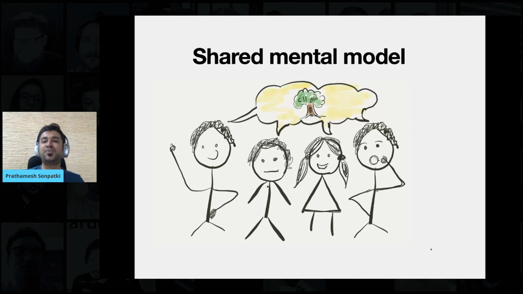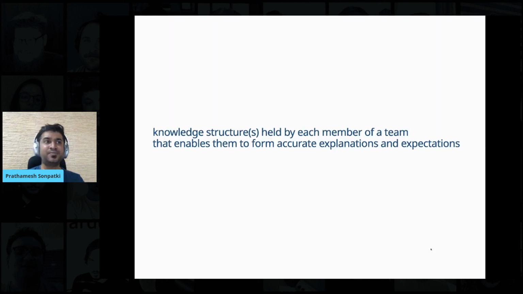And that's where the mental model comes into the picture. A mental model is a knowledge structure held by each member of the team that enables them to form accurate explanations and expectations from a particular piece of code. That is my added definition, but this is how a mental model works. And having a common ground on what we are building and how it is getting built